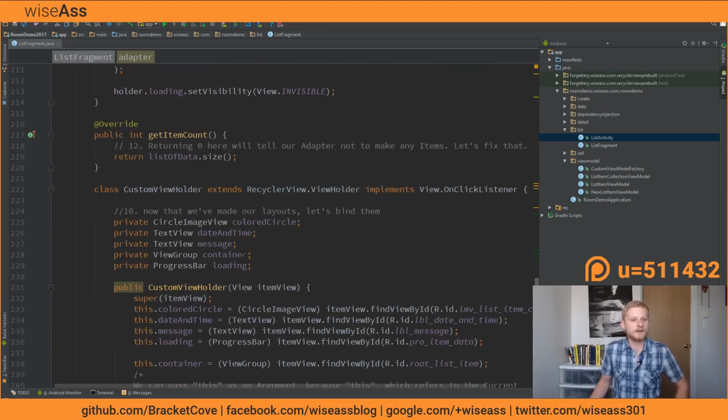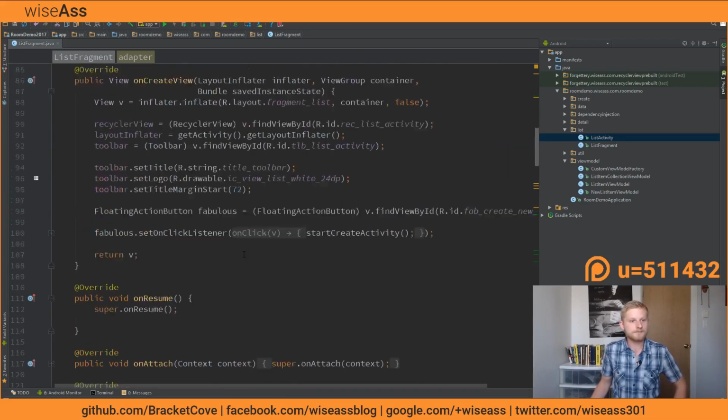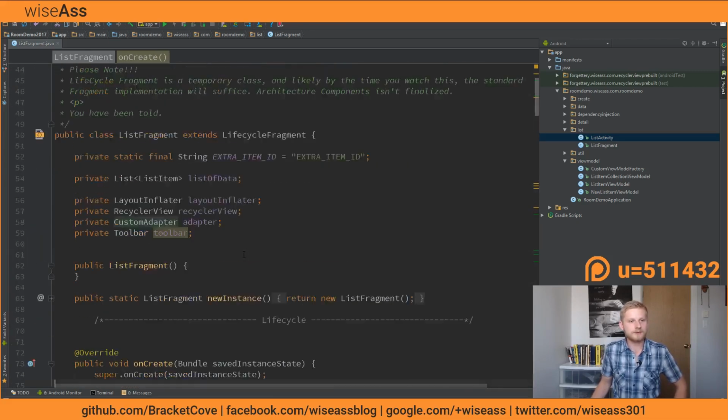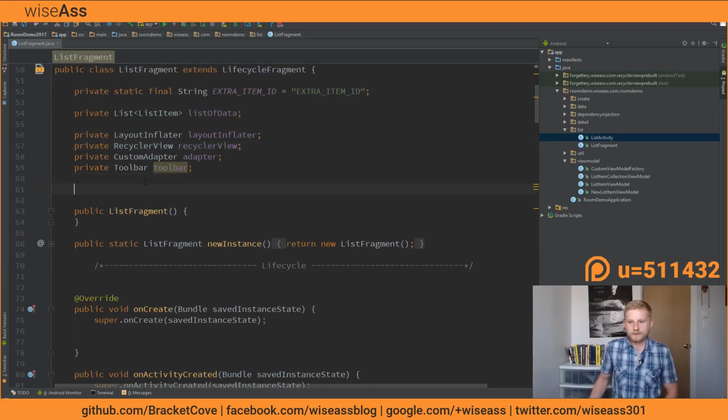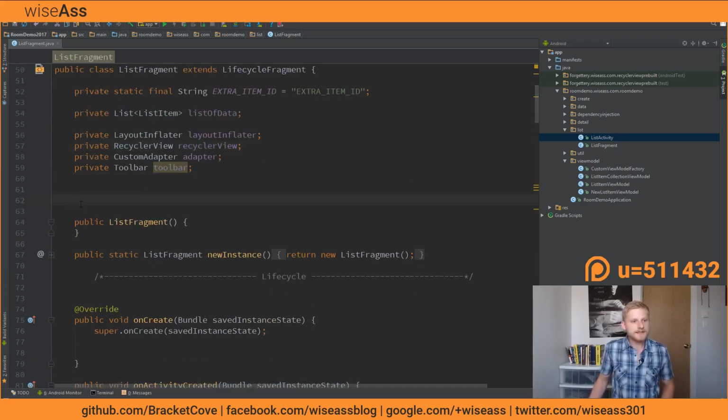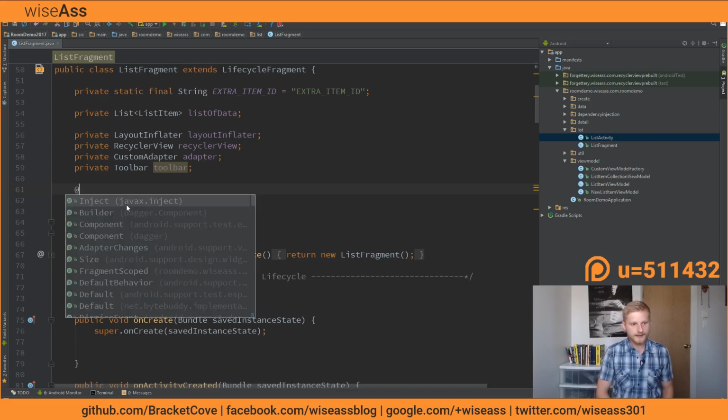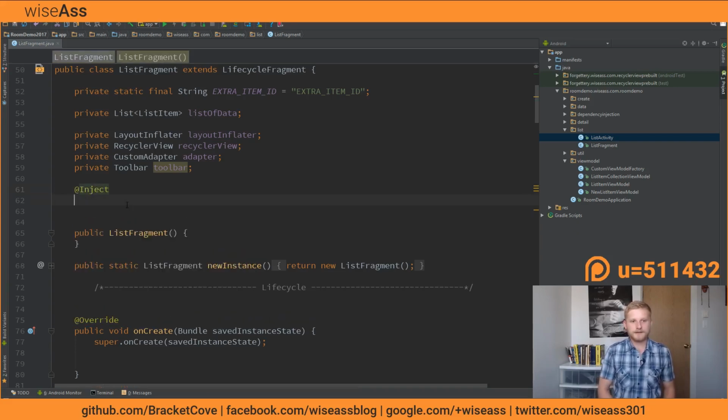Now, what I have removed from the copy and pasted code is the stuff that we're concerned about, which is how to set up the dependency injection, how to create the view models, and how to deal with them at runtime. So let's get started on that. The first thing is we are going to be injecting our ViewModelFactory class. And the way that we do that, of course, is we say @Inject, and then we say